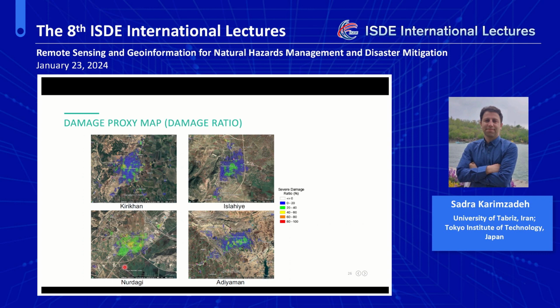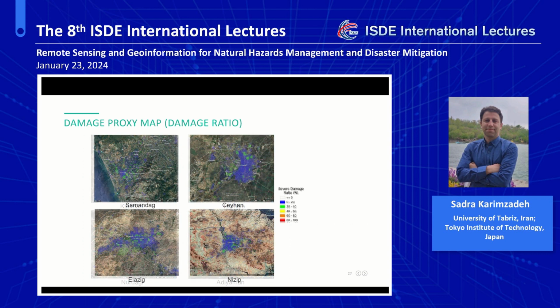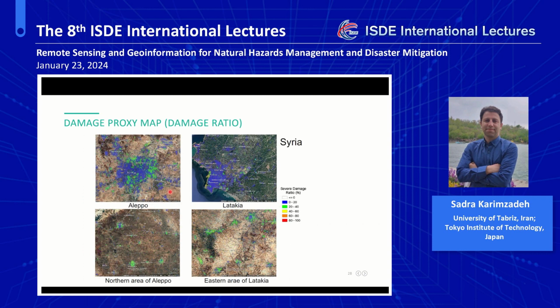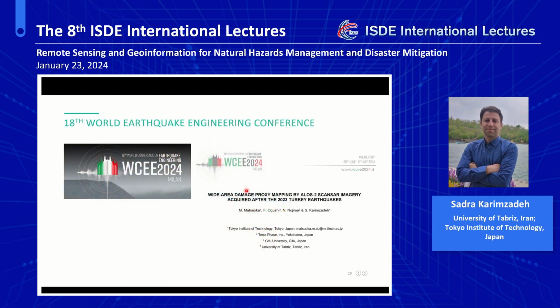Kırıkhan, İslahiye, Nurdağı, Adıyaman. Again, other cities. And some cities in northern Syria, Aleppo, Latakia. Well, the details of this work will also be presented at the 18th World Conference on Earthquake Engineering in July